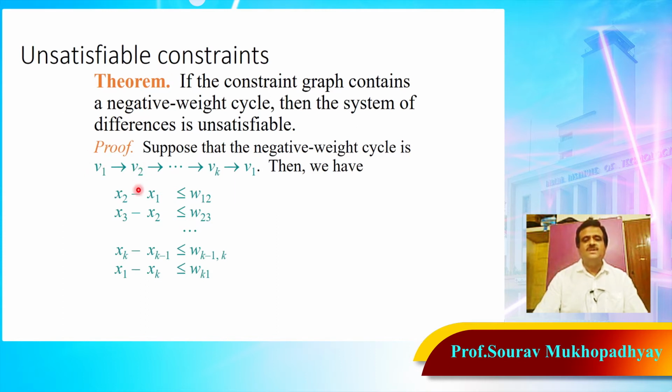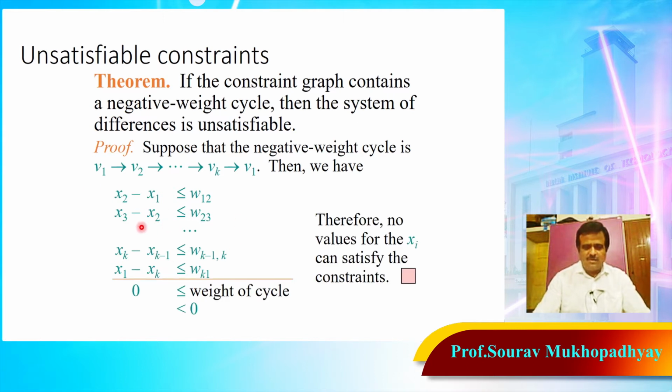So, this will give us this part of the inequations. So, the constraints: x2 minus x1 is less than or equal to W12, and then W23. So, x3 minus x2 is less than or equal to W23, like this. Now, if you take the sum of these,